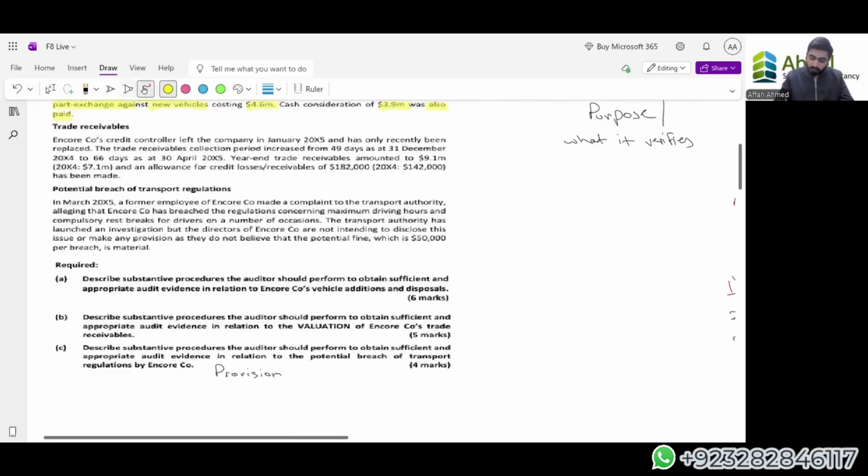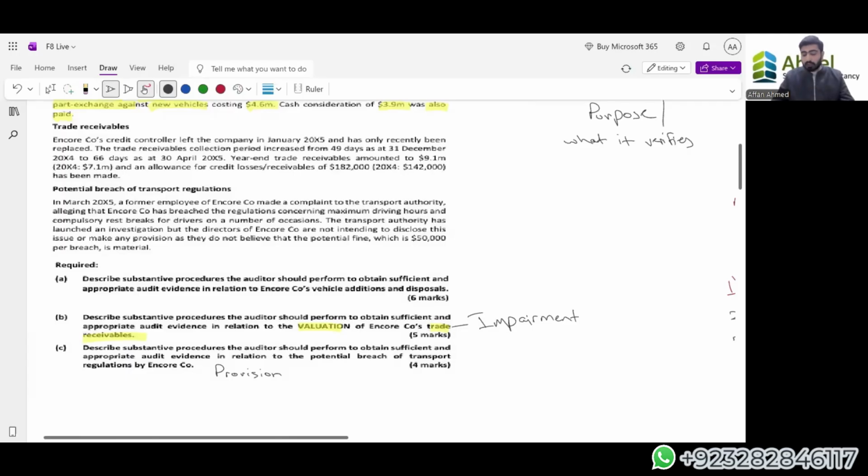The second area focuses on valuation of receivables. Now, what commonly happens when we see that there is a valuation question coming to us? Valuation for anything, one hint is impairment. Impairment is one of the biggest hints that we have in valuation of trade receivables, building, or even inventory. By impairment, we mean the reduction in the value of the asset due to unforeseen circumstances.